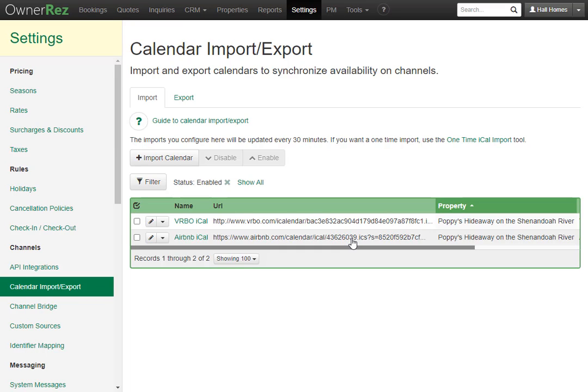The same goes if you were to create a booking in Onerez. The Vrbo and Airbnb calendars would automatically be blocked off because of the Onerez iCal export link that we imported to both channels. If you imported a calendar that you'd like to disable now, you can simply click the checkbox,